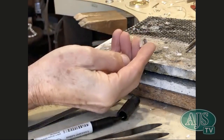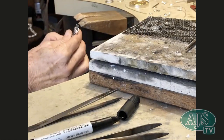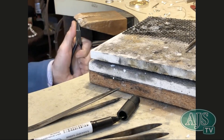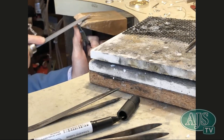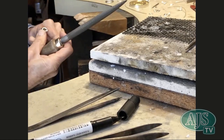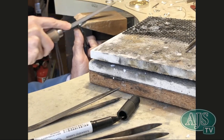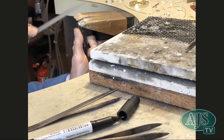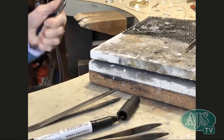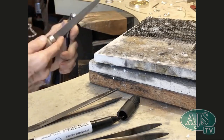So to alter this one I've been working on, I'll just do a little bit of it. I'm not going to do a lot of it because there's more to cover. I'm going to grab that in my pliers carefully. And I'm going to just proceed with a really rough file and start tapering that down to a much finer point at the point of the pear shape and take that off both sides. So I'll start by using the flat side of the file to create some taper. And when I'm confident that I've removed enough metal, I haven't removed enough metal yet, I will go back in with probably